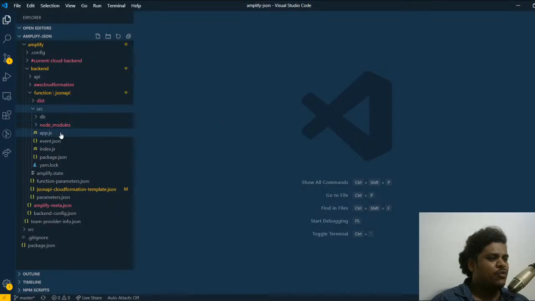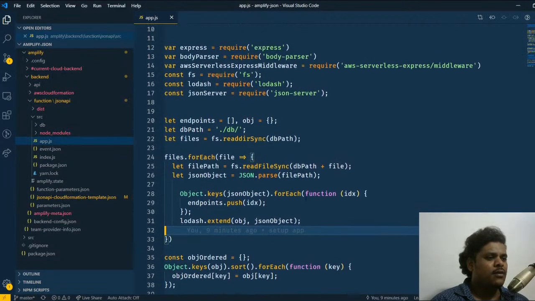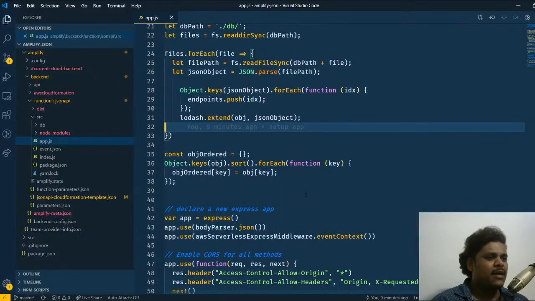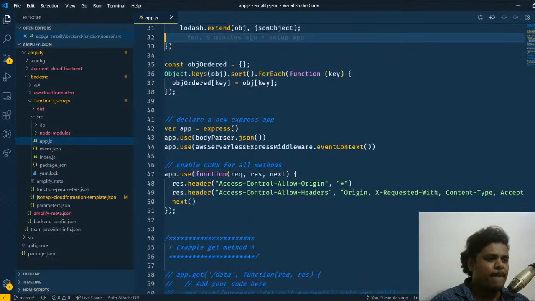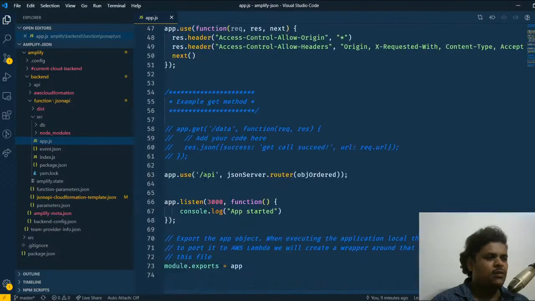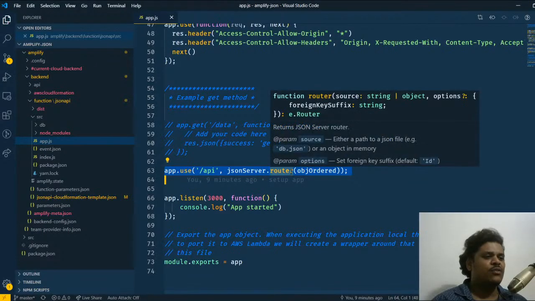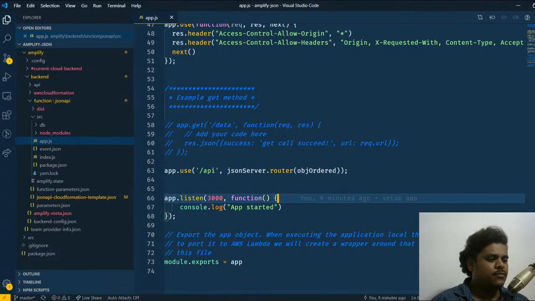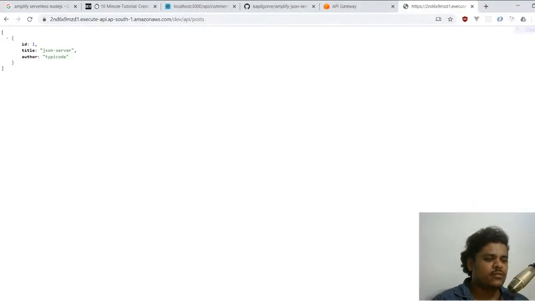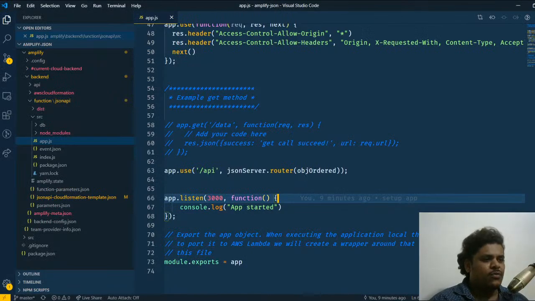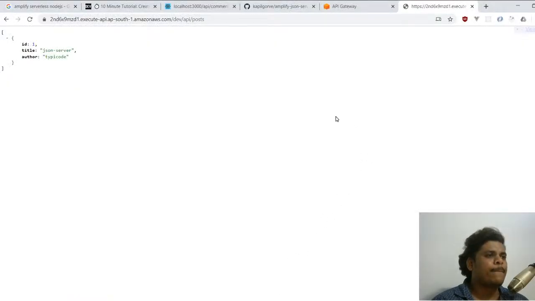Maybe it has something to do with how AWS APIs are exposed. Yeah, app.use('/api'). I wasn't doing this. I just added a router and I thought it would pick up, and it wasn't. App.use and